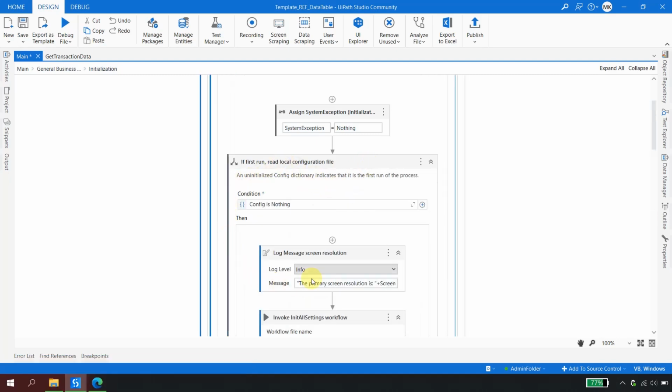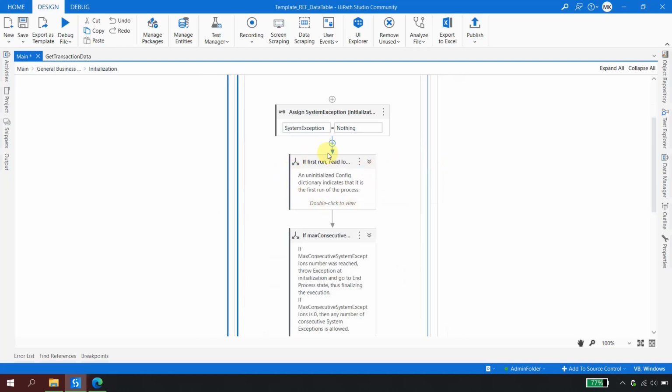where it says it is the first run and reading the configuration file. The reason for that, REFramework reads and loads the configuration file only once. So whatever code I write in this block would be executed only once. The same thing I want to happen for all my transactions. Let's say